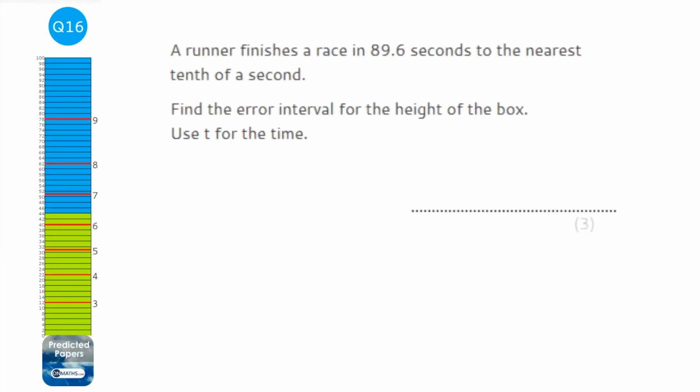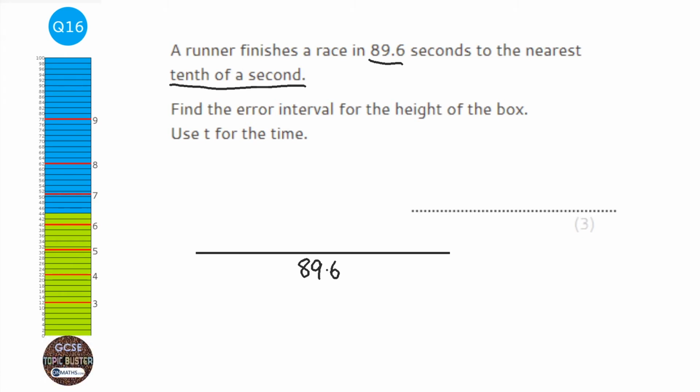Okay, so to do this question, I'm going to start off with a number line, and I'm going to put the number given to us in the question in the middle, so 89.6. Now it says it's the nearest tenth of a second, so what I want to do on the left hand side is put the next number down. So what could it have rounded to if it was slightly less? Well, the next one down would have been 89.5,